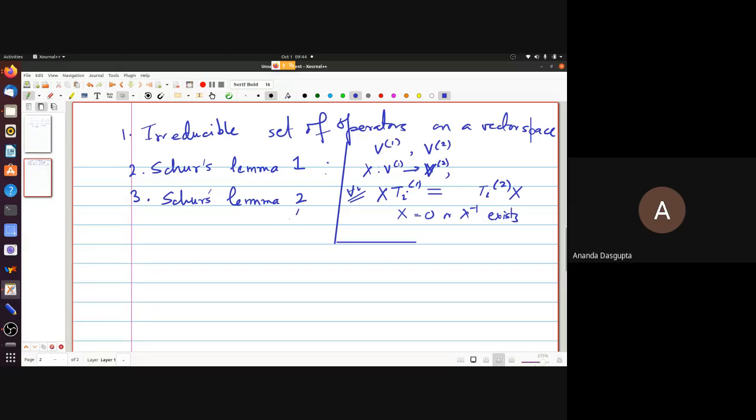And what lemma 2 says is this, that if x ti equals ti x for all i, where the tis are just a set of irreducible operators on a particular vector space, and x is a map from V to V,